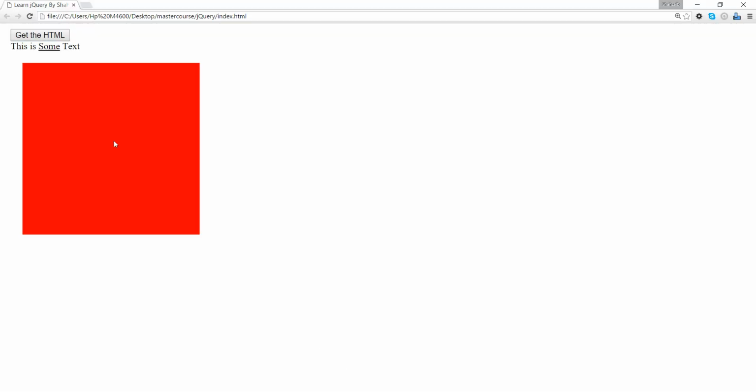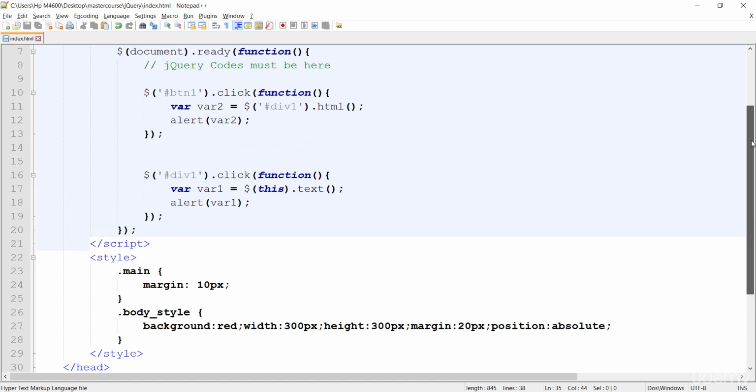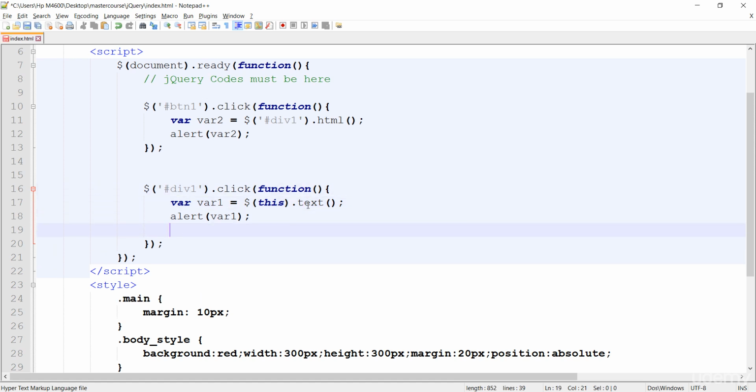Now you can see that the big block. And actually I just want to pick the data from this element basically. This is some text, and I just want to paste that data to there. So what more I just want to do, I'm just going there and just scroll it up. Yes, there. So when anyone clicks on the div1, first of all, the div1's data should be inside the var1 in the text mode. Okay, don't forget that, in the text mode, not in the HTML mode. And then it should be alerted, and then